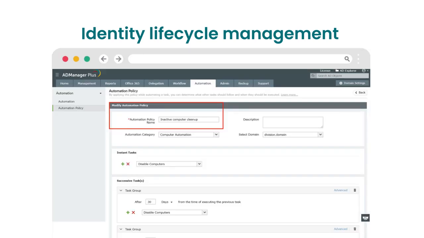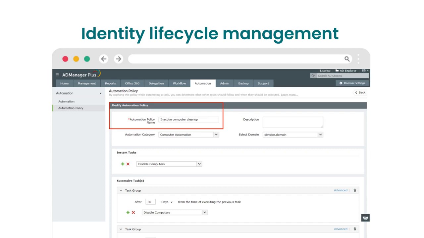Now, you can configure it to automatically deprovision user accounts, delete their mailboxes, remove their licenses, and revoke their access to all cloud applications. All of it can be done all at once when an employee leaves the organization. So, you can set up a disable or delete policy to automate the identification and cleanup of ineffective, disabled, or expired user accounts as well as groups without members. ADManager Plus has a couple of customizable templates through which you can import data from a CSV file and bulk disable or delete accounts based on the organization's policy.